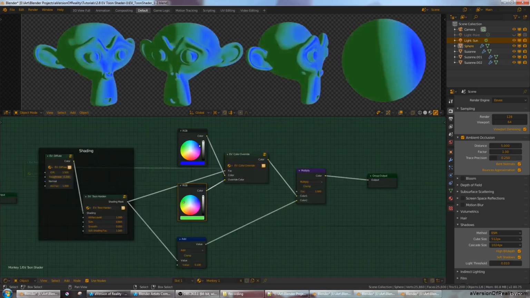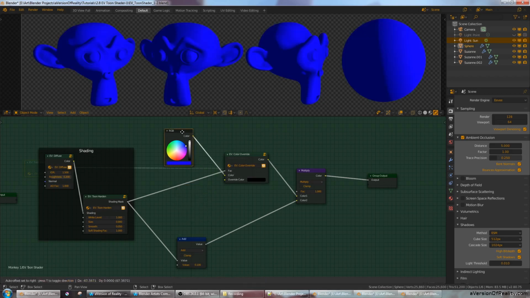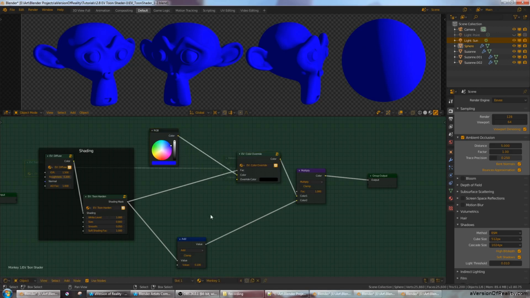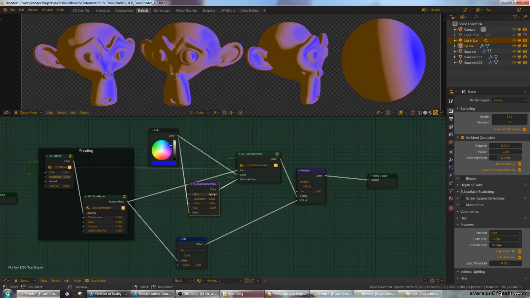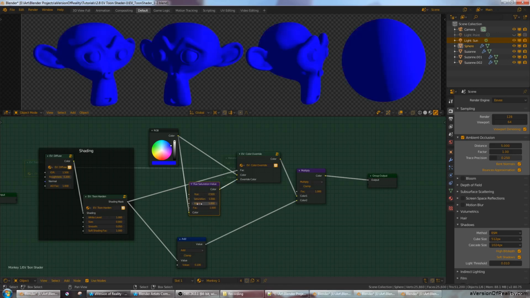It means that we can easily try out different colors in our shadows without it actually screwing up our values. And that's especially useful because a lot of the time the sort of setup you'll be using is taking the primary color and putting it through something like an HSV node, and then making changes to it this way. In this case, you could just leave the value socket alone, but